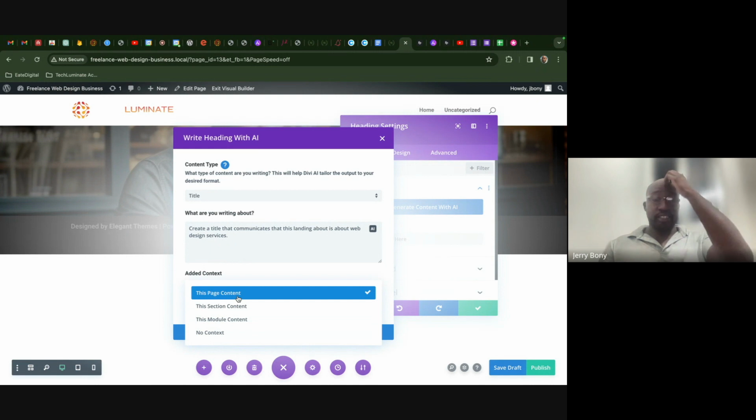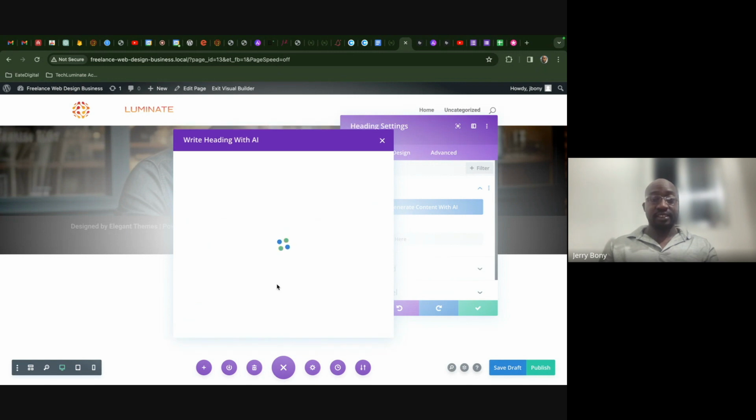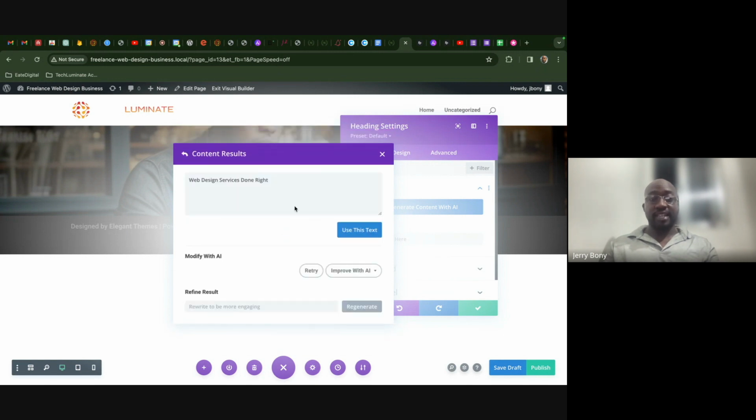But I'm going to do that with the subtitle since we have a title. So I'm going to do this page content, and then I'm going to click generate text. Web design services, done, right? So that's okay. What we can do is